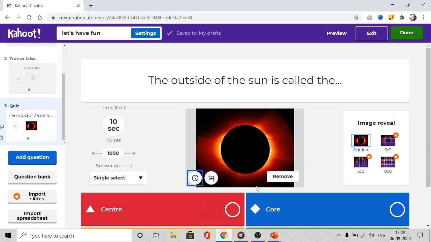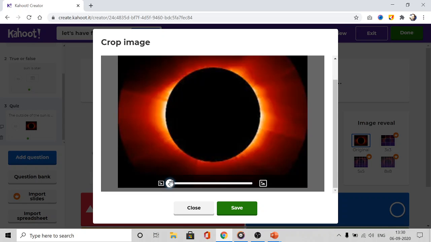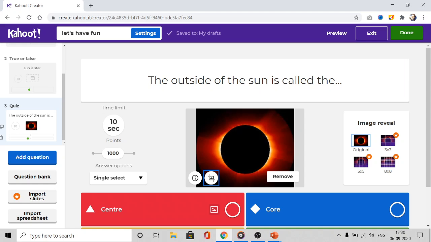Let's go back. Here the image can be cropped and resized as per need. If you don't want this image from the imported question, you can always remove it from the question.